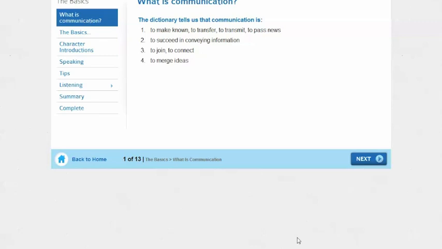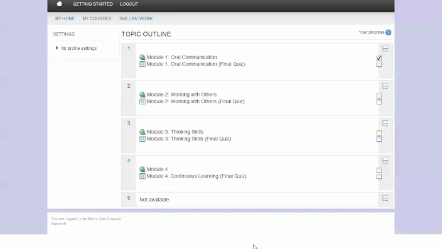Now I'm in the module. You'll notice the look and feel of the module has changed to allow us a nice and smooth learning experience. At any point in time I can return to the main page by clicking on Back to Home. And here I am back at that main page, and I'll click on Module 1 Oral Communication to enter that